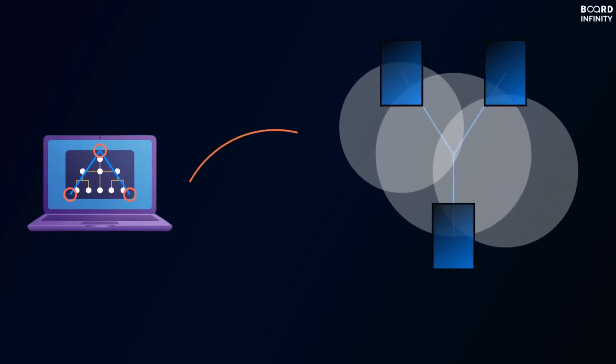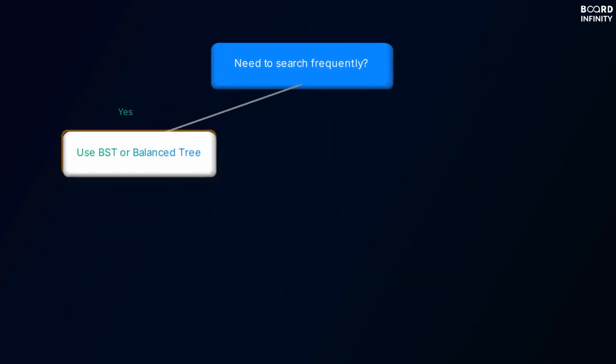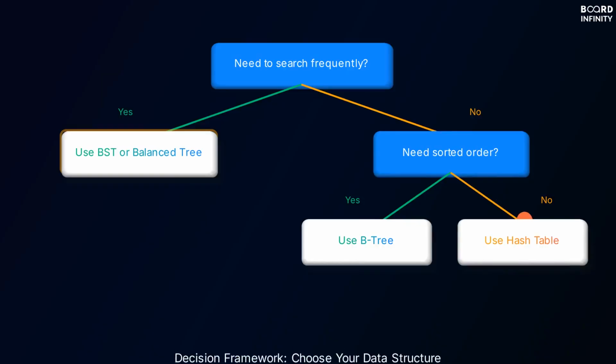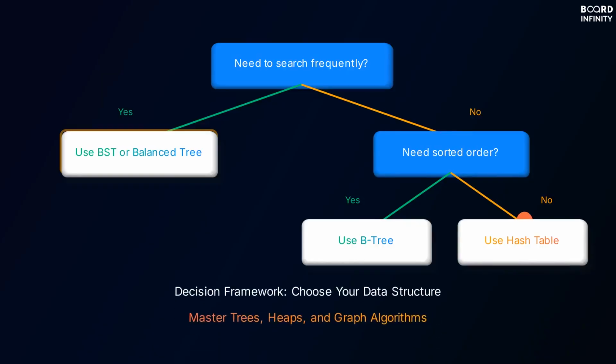They're the backbone of efficient data organization because they turn linear problems into logarithmic ones. When you need to search data frequently, maintain sorted order, or organize hierarchical information, trees are the answer. This framework helps you identify the optimal tree structure for your specific needs, guiding you from problem to solution. And this is just the foundation. Self-balancing trees, heaps, and graph traversal algorithms build on these principles. Trees are not abstract. They're the reason your software is fast,